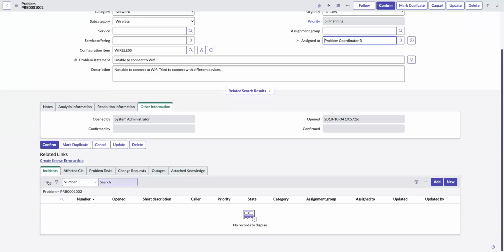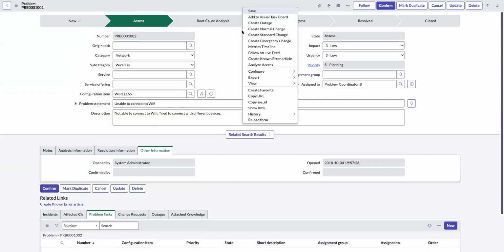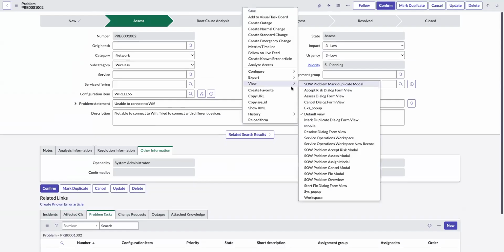And you can also see the incident here. We have a relation with the incident and the problem mentioned. You can see the incident and also the change request we have created. And we have problem tasks, that is, whenever a task is created for this problem, that we will cover later. Okay. When you come to the view, we have